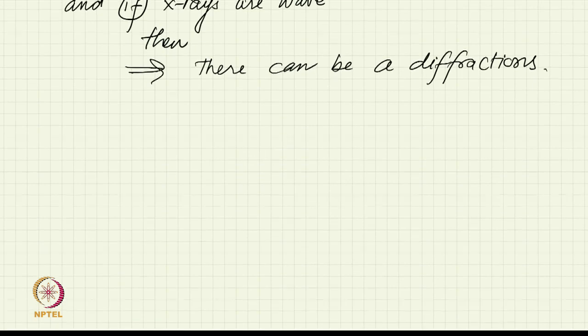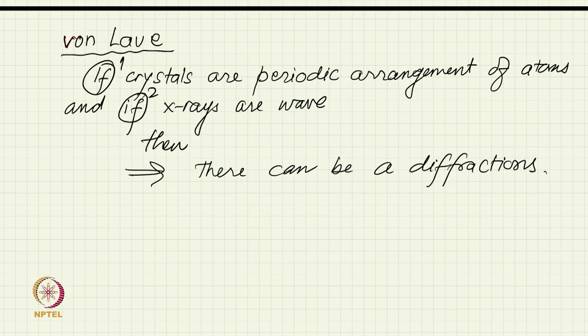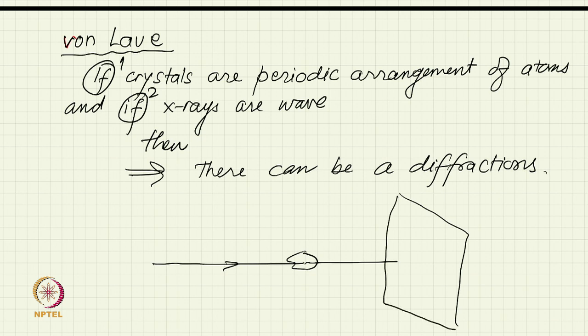So he set up, or his collaborators did, because he was a theoretician. He had experimentalists to help him. Then they set up the first X-ray diffraction experiment in the world, where a crystal was obtained, an X-ray source was obtained, the X-ray beam was hit on the crystal and a photographic plate was kept, a technique which is still called the Laue technique